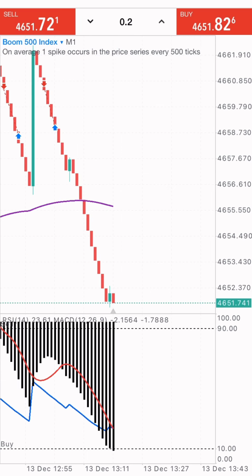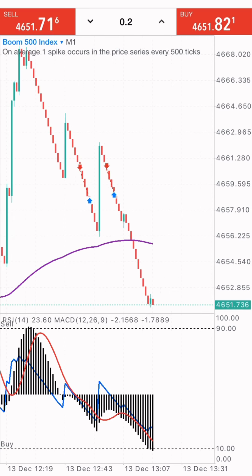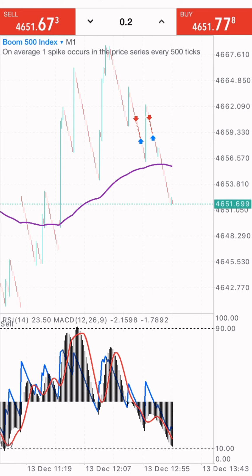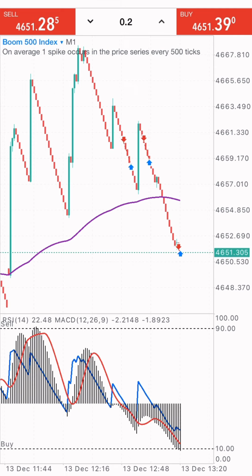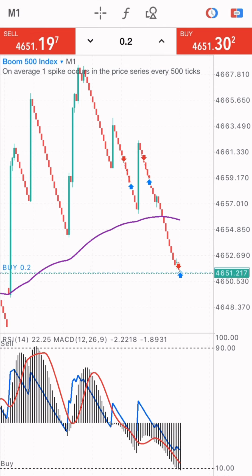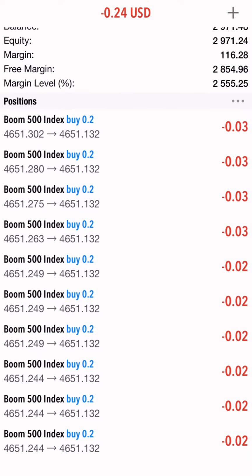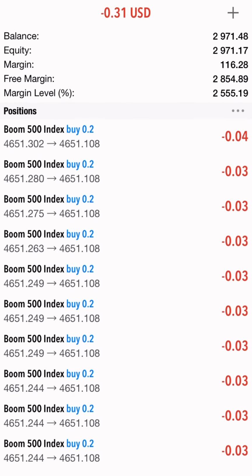So on the Boom 500 index, once the MACD crosses the level 10, it is a spike, we can clearly see the position of the market. So what I'm going to do is to enter into 10 buys, right? 10 buys, 1, 2, 3, 4, 5, 6, 7, 8, 9, 10, right? So what I'm going to do is to enter into 10 buy positions, right, in the hope to catch a spike